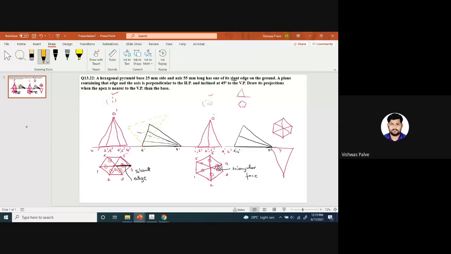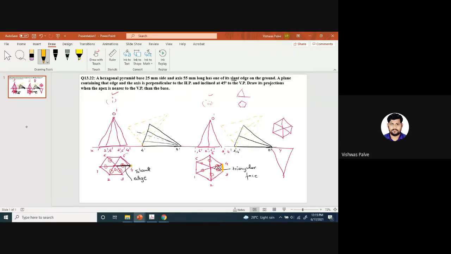So if I tilt it completely, then it will be resting on one of its slant edges. Whereas in this case, if I tilt it, what will happen? It is going to rest on one of its base edges. It will be completely resting on its edge. It is not a corner resting condition. It will rest on this edge, right? If I tilt this, it is going to rest on its edge. Whereas in this case, it is going to rest on one of its corners.